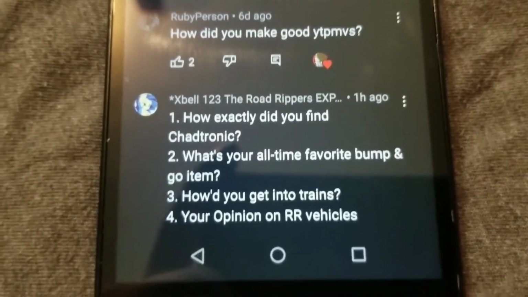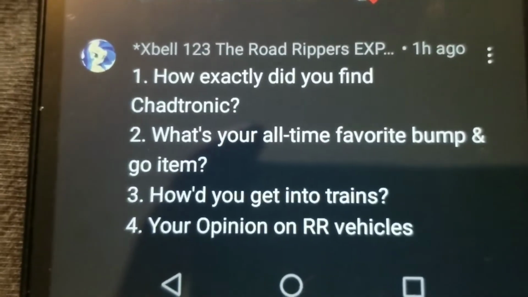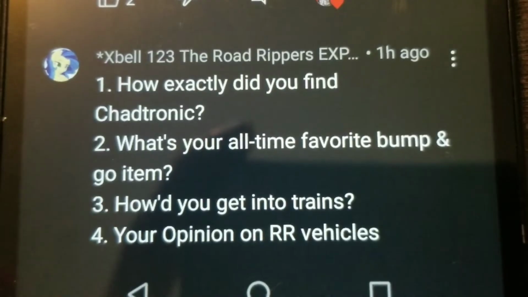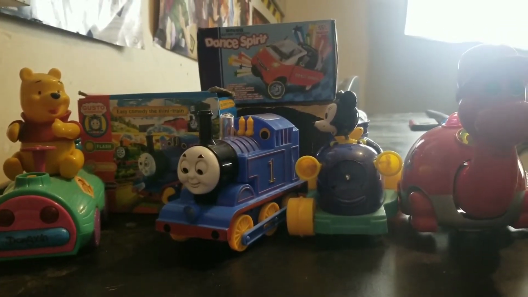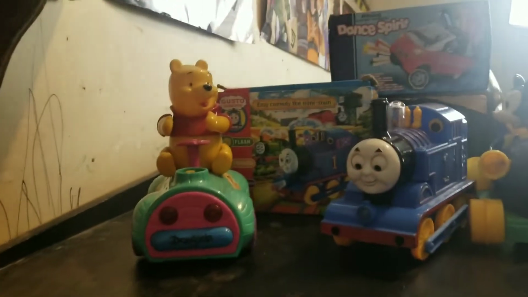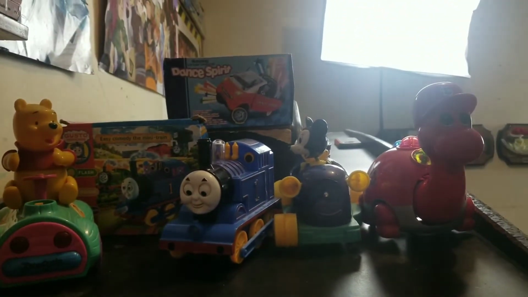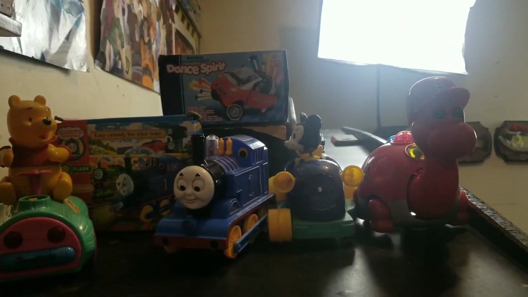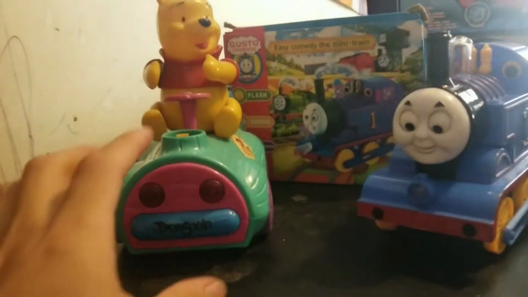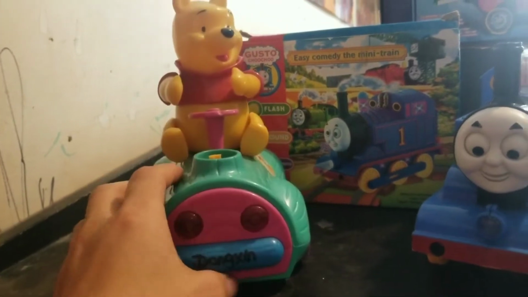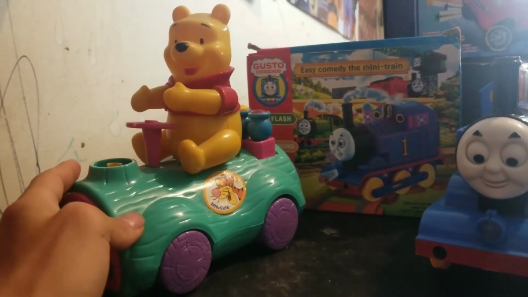Xbell's second question is, what is your favorite bump and go item? Well, generally, I don't exactly know. I mean, they're all pretty cool in their own way. As you can see, I have a pretty iconic looking amount here. This is Gout, obviously the Gout picnic car that Mike Mozart reviewed back in